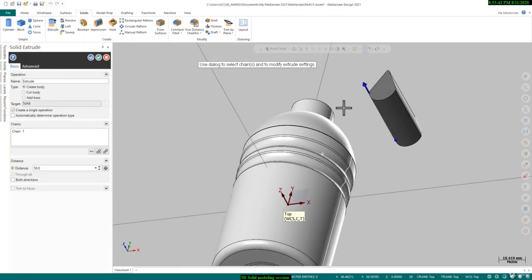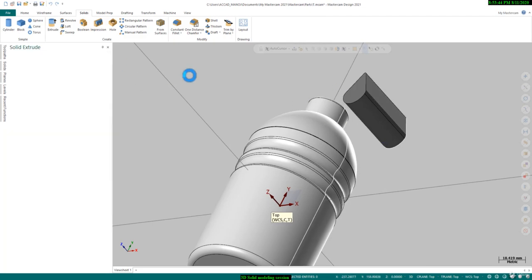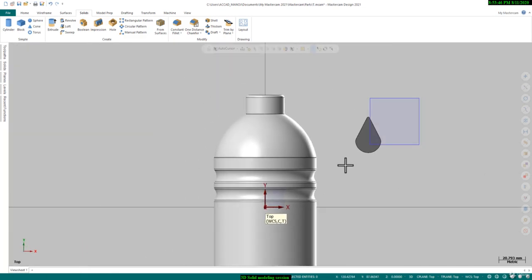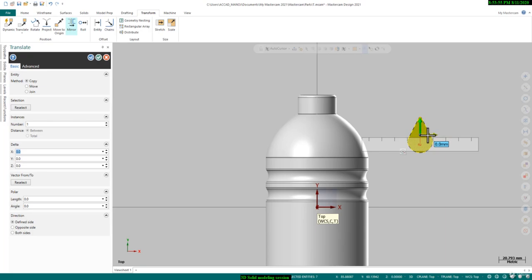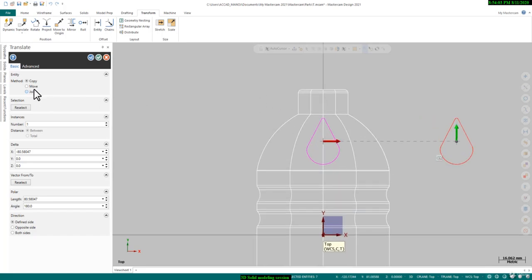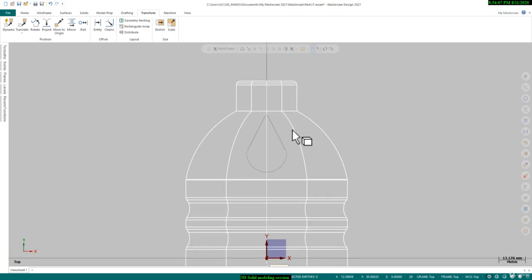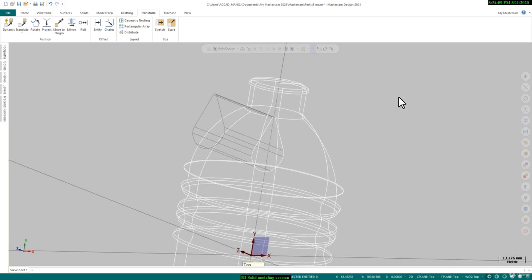at here. Okay, and we will translate it, select all the wireframe and bodies, and go to the transform tab, use translate and use the x-axis and use the center point here, and I will active the wireframe mode, and here you can say move it. Okay, so now what we will do,